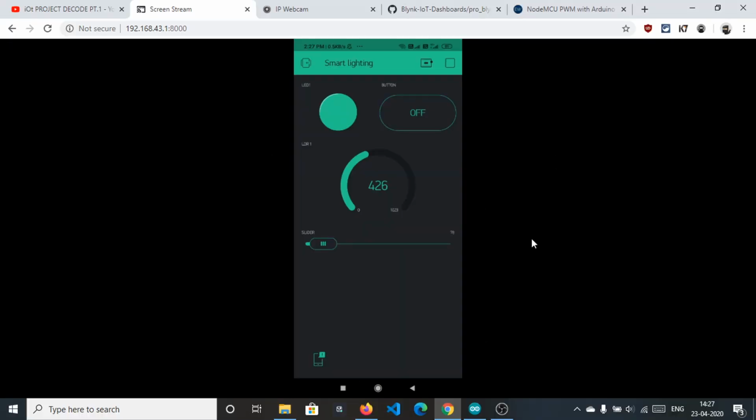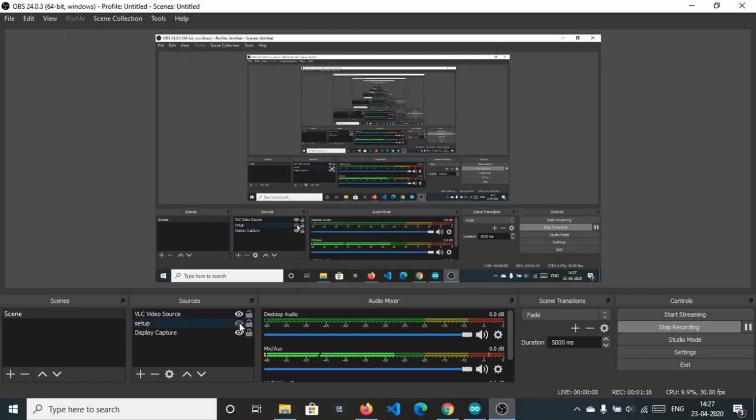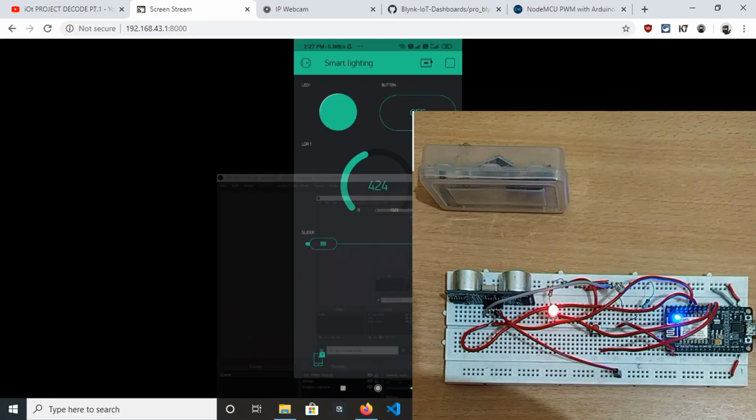Welcome guys. This is the second part of the last project which I have been working on, the smart street light system using IoT. In that project we are basically decoding a project, smart highway, and for that we have already discussed the circuit diagram, and we have created this one.